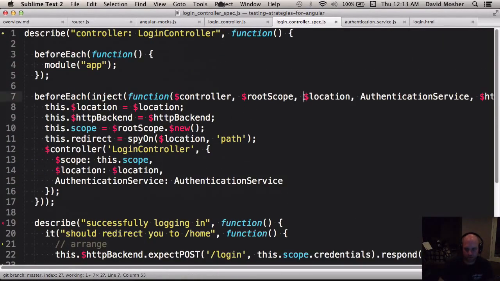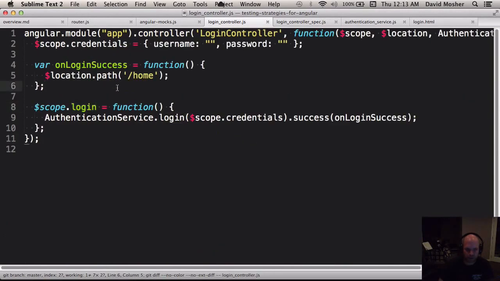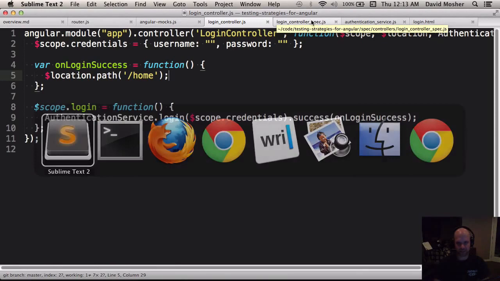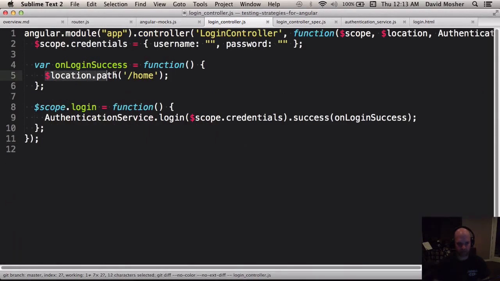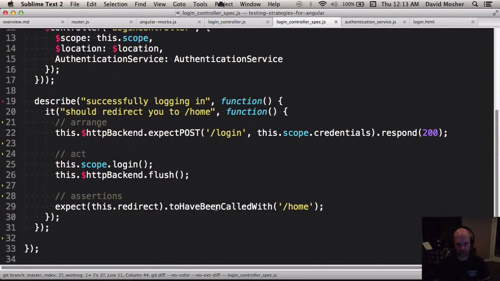Basically, when we inject location, we get a copy of the location object from Angular, which has one of the methods on it, path. And if we go through our login controller, we can see that when that authentication service logged in with the credentials and was successful, it's going to call this on login success callback, which calls location.path home. And so in our test, that spy method is basically saying swap out the behavior of location.path, or replace the function with a fake function. And the spy has some properties that we can assert about it